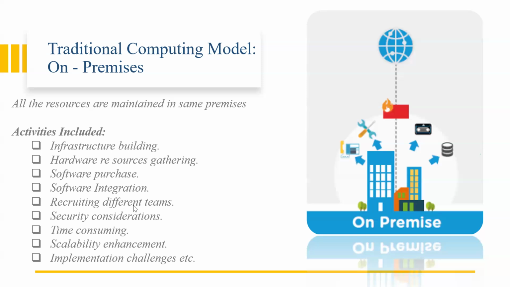Recruiting different teams to maintain your resources, maintain the security, building complex firewalls so that no one should hack our systems. These are all things we need to maintain. And when you go for on-prem, it is a little time-consuming process because you need a lot of approvals. If you want to spin up VMs, deploy a VM, or deploy SQL, you need lots of approvals. It may take a longer time compared with the cloud.